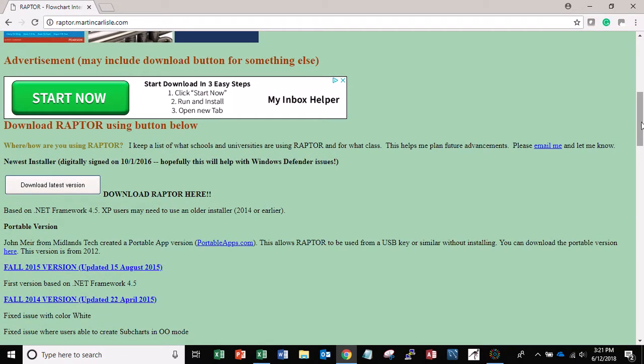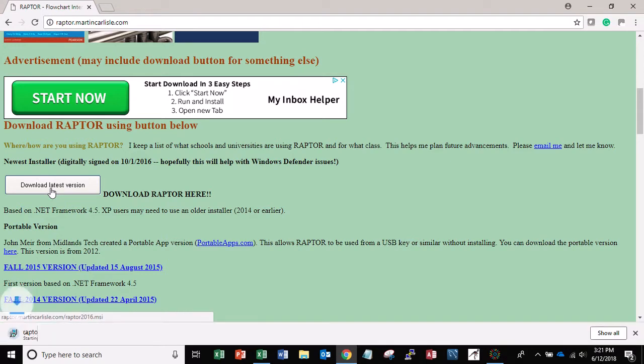Okay, a couple things. One is, notice that there's an advertisement here. It says start now. Don't click on the green box. We don't want to do that. That ends up bringing up a whole bunch of other software that we don't need. But what we do want is the gray box, the download latest version of Raptor here. So I'll click on that, and it starts downloading this file, an MSI file, a Microsoft install file. And we can go ahead and click on that,